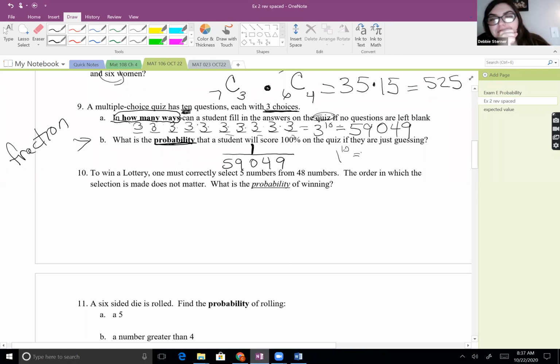Right. Well, you take 1/3 to the power of 10 too, and then you're just multiplying the denominator, and then of course 1 to the power of 10 is 1. So it's the same as above there too. I like that line of reasoning. The probability of getting any question right is 1/3. And so you could also do that 1/3 to the 10. Very cool.